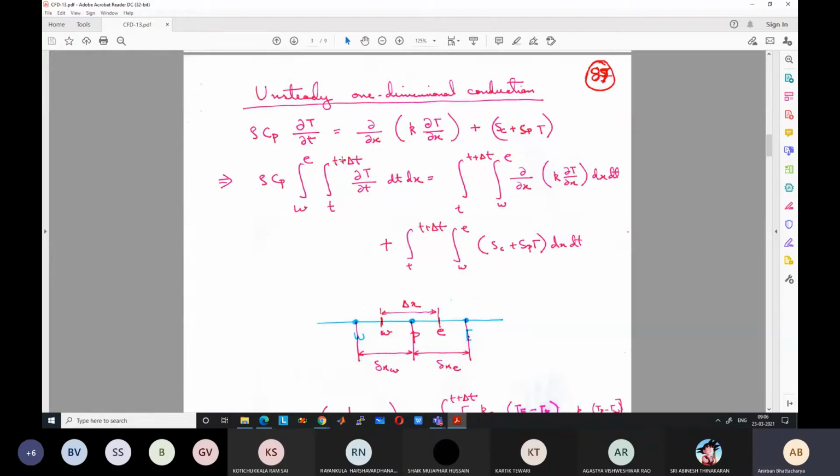Okay. So today we are going to add one more additional term, which is the unsteady term, to the equation, and then we are going to see what is the finite volume representation of the discretized equation for this case. So we are going to consider unsteady one-dimensional conduction, as shown here,